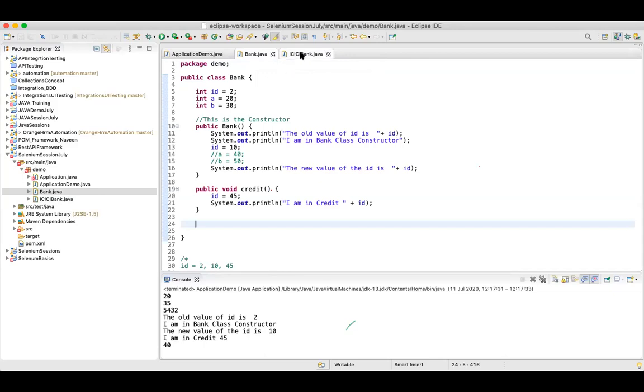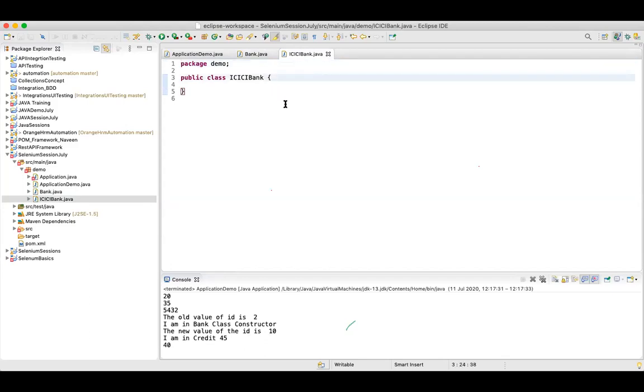Now if I want to specify that this is a child of bank, I haven't mentioned it anywhere. I'll have to inform Java that this is a child class of bank. And how do you do that? There is a keyword called extends.